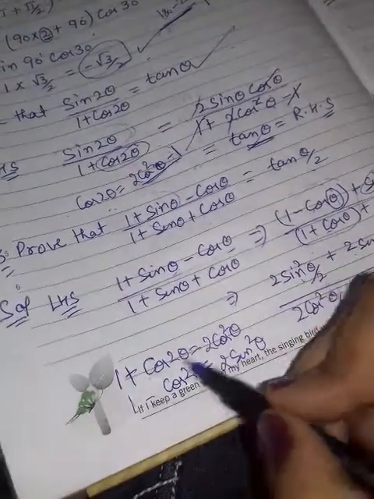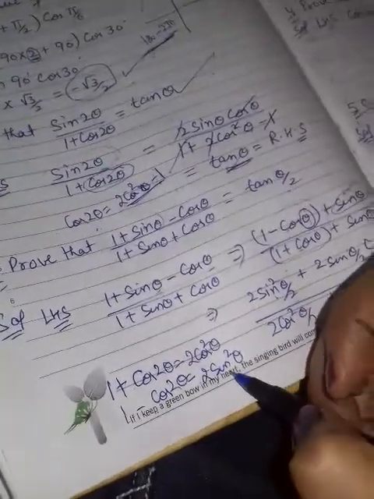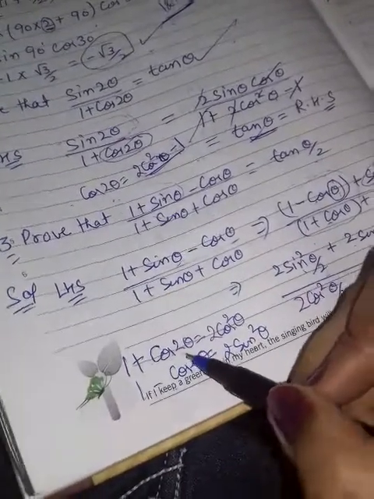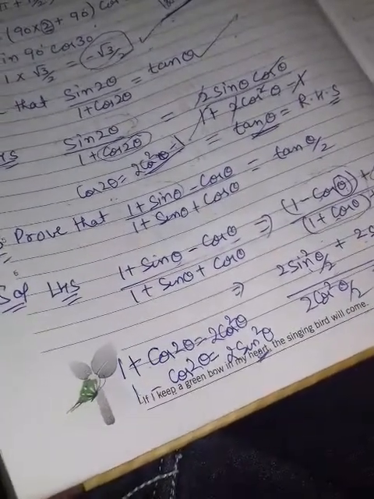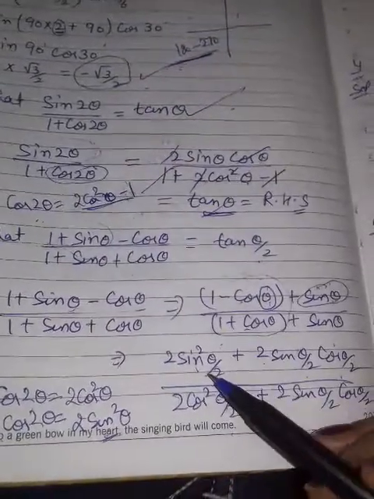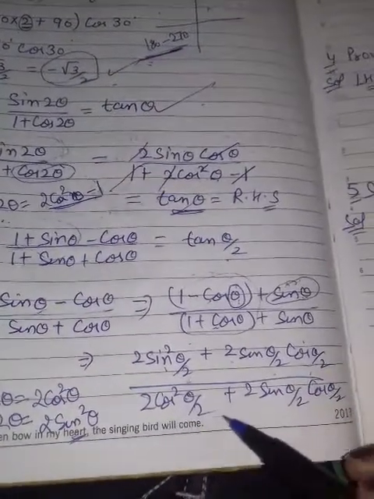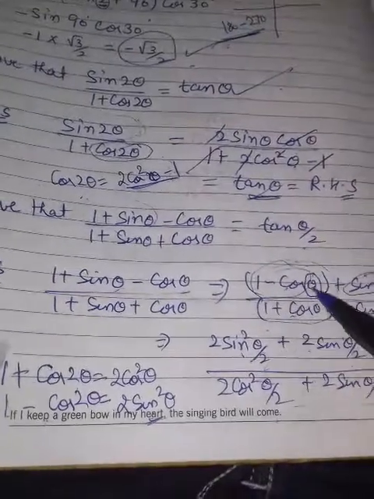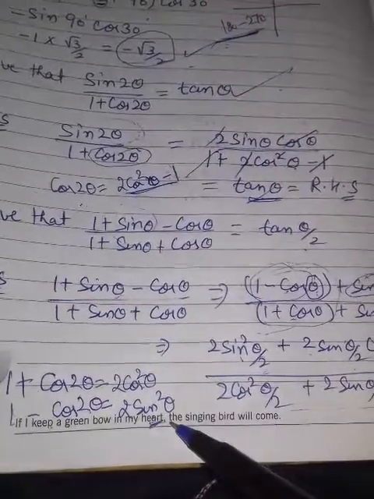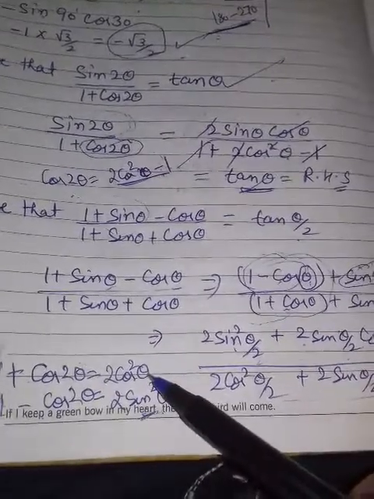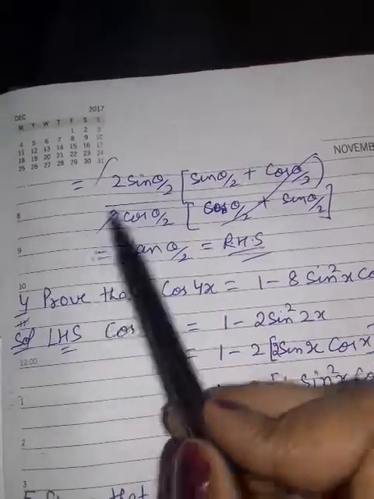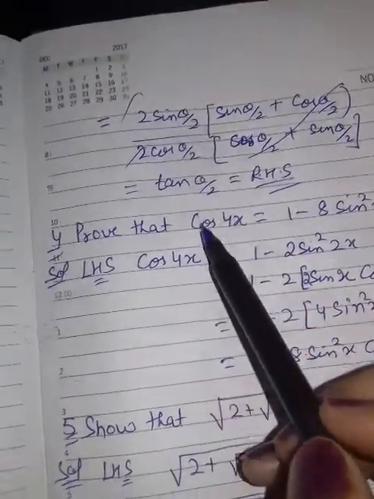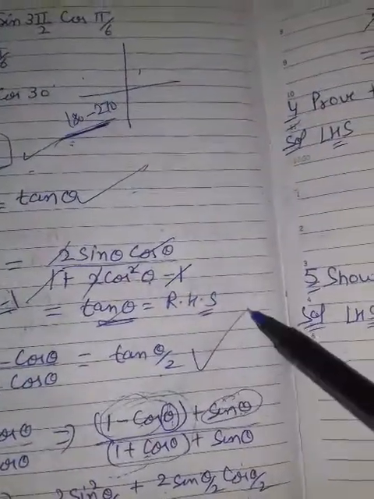When a positive sign is here, you will take cos. With a negative sign, you will take sin. Now you will take common from these two. So I put the value 1 plus cos 2 theta and 1 minus cos 2 theta. Remember, whatever identity is here, you will take the half of it. Clear? Now we have taken common. You will see the common factor will cut down and only this will be left. Sin theta upon cos theta will be tan theta by 2. This is your right hand side.